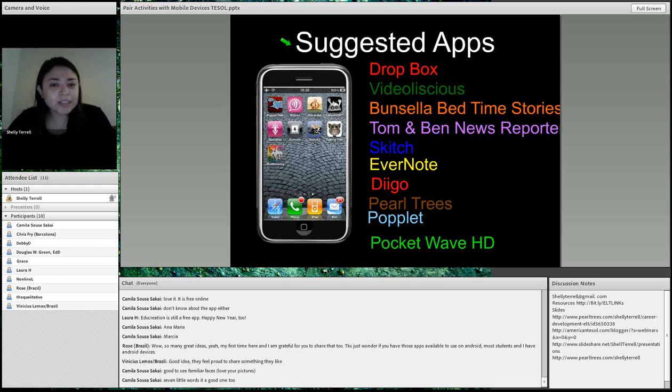They only have about 1 minute, so you can blow the whistle, or you can show your timer, and say you have 1 minute to describe your favorite app or show them, and then you have to go. And when you blow the whistle, or ring the bell, they switch to another partner and they do the app again. So this is a great way to get them all to have an app that they share around with the classroom. And it's okay if they have the same apps. That's fine. They just go to another